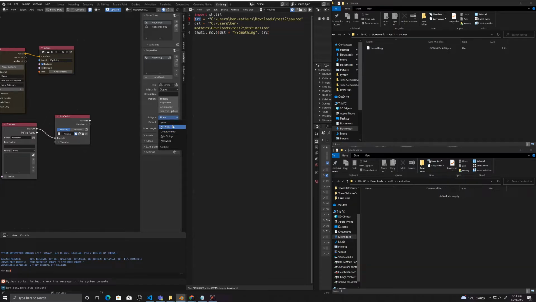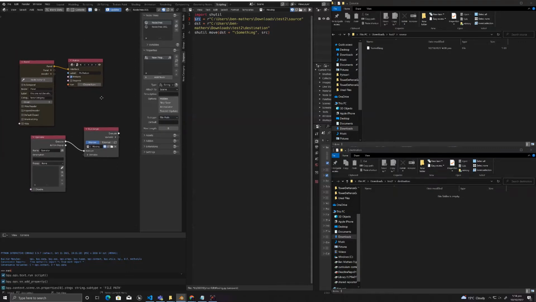So file path will have your thing at the end of it, so you wouldn't need something, right? But you would also need another one because you'd need your destination path, which you can do. So you do, as an example, file path, and then in here,